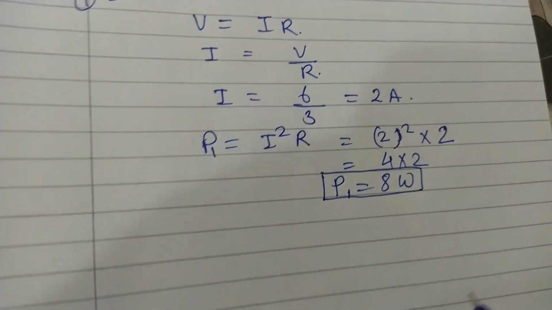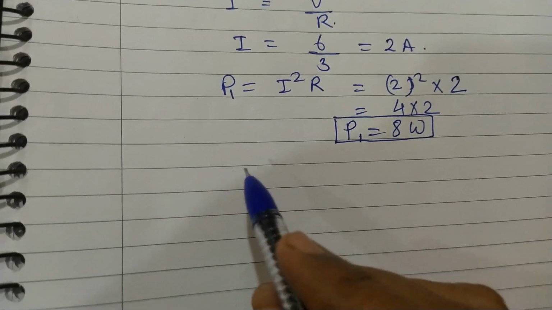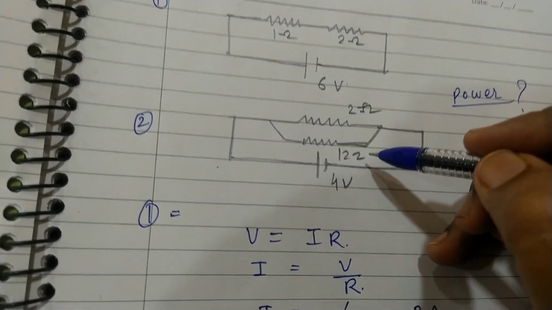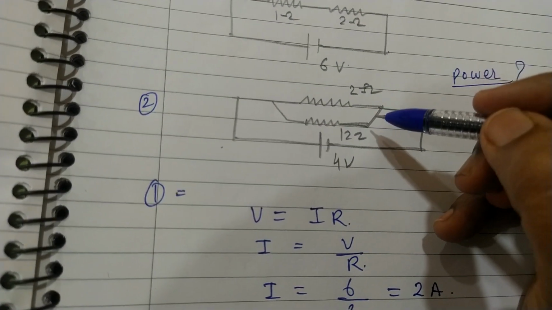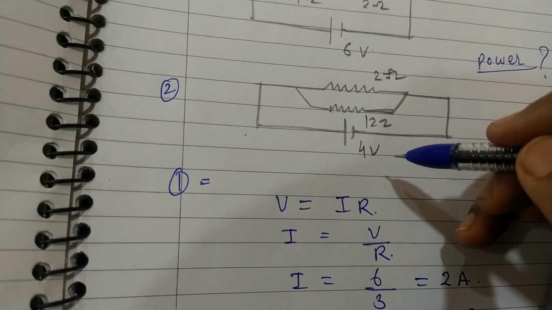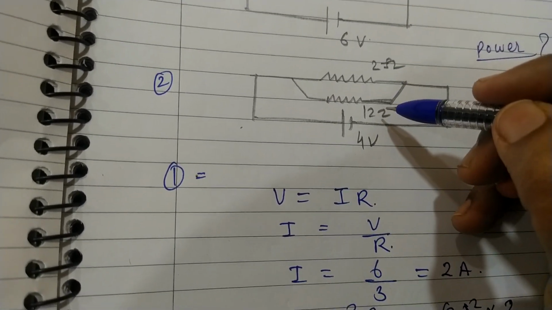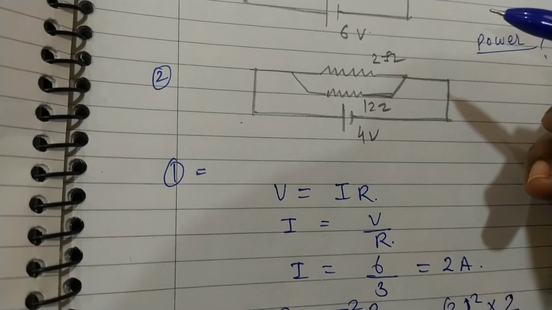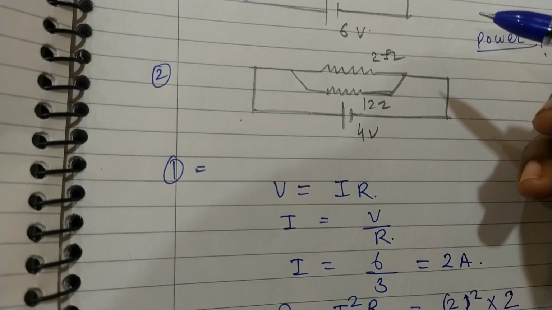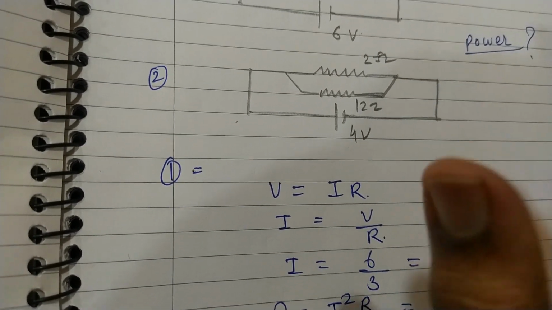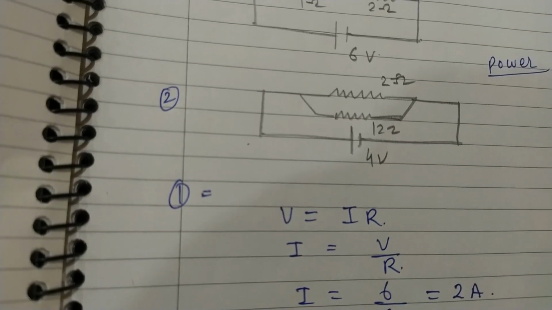Right? Now let us calculate the power in the second case. Children, here the connections are in parallel mode. Okay, so here we have to use a different formula. In parallel mode, what remains the same, current or voltage? Have you forgotten? Even if we are not calculating the current, it is okay.